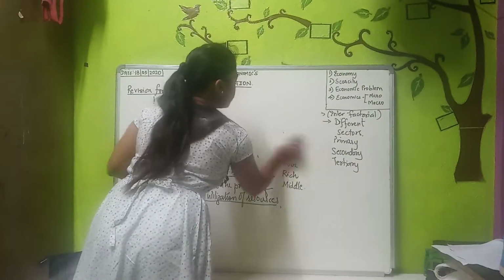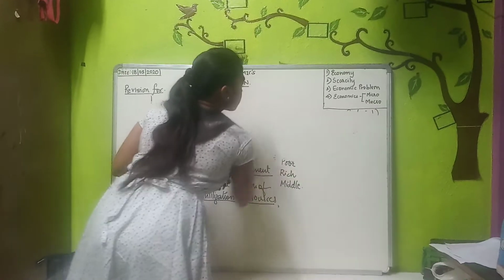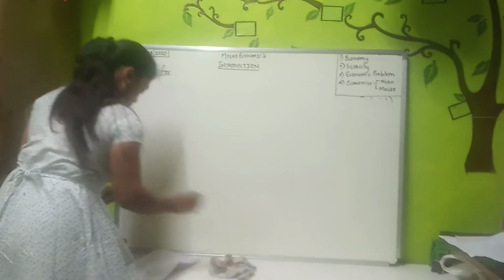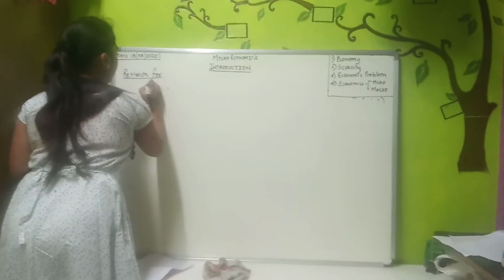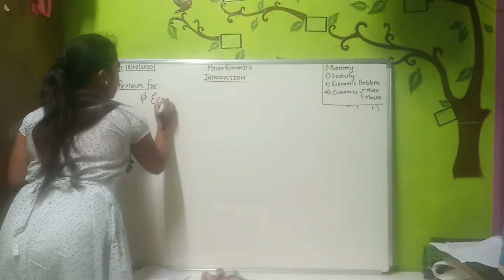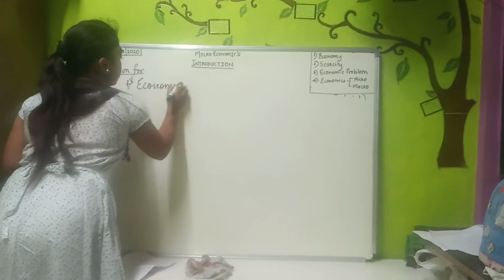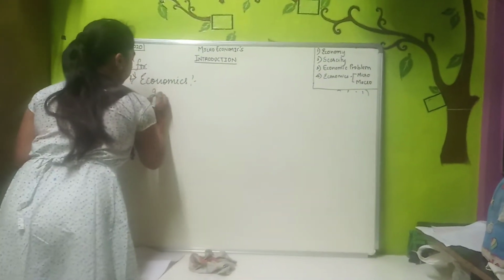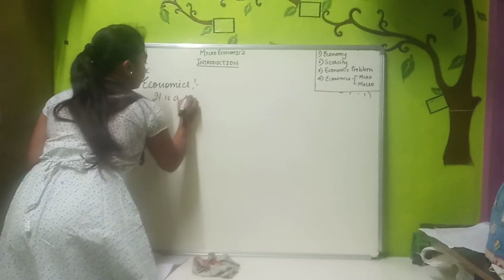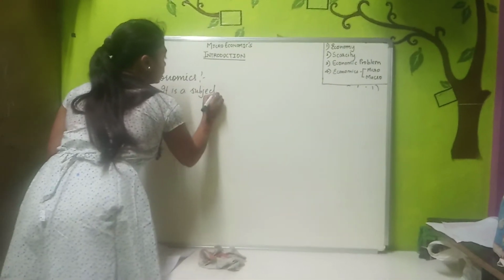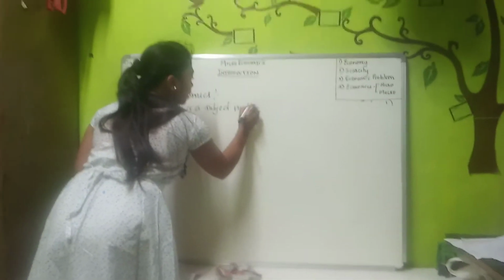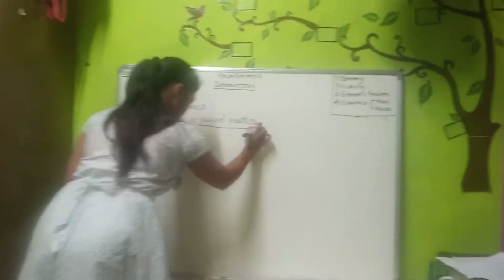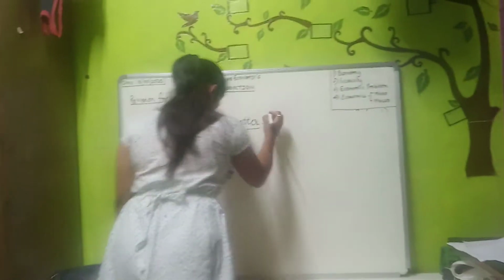The last part of the chapter is micro and macro economics. Before going into micro and macro economics, I can take the fourth concept as economics, where economics itself is defined as a subject matter